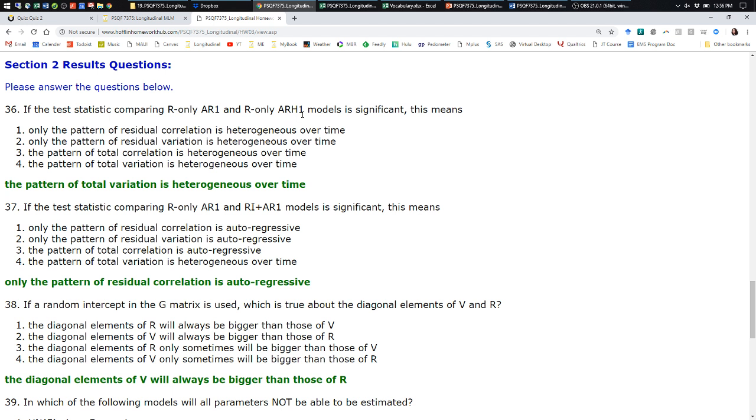Variance or correlation patterns? Variance, right? Yeah, say it aloud. Don't be shy. Yeah, no one's allowed to be shy in here. It's the new rule. Variance. Okay, so now is it total or is it residual? And this is where it's tricky because it's R only, right? Which means total because there's no G. But what is it called in SAS's output?